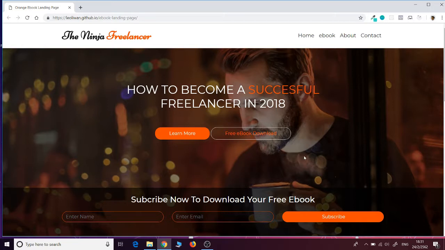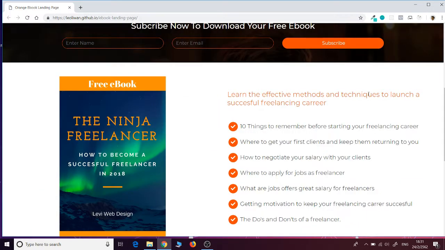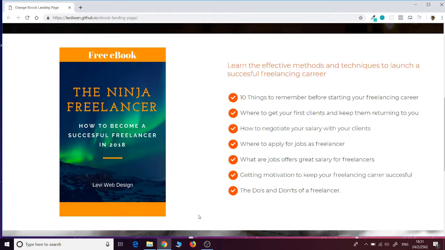subscription form, wherein you can collect the email or name of the user. In this tutorial we are not going to make this one dynamic, but if you want to make it dynamic, you can connect this to Firebase, so you can actually collect the name and email of the users. Next is another section, and it has two columns,